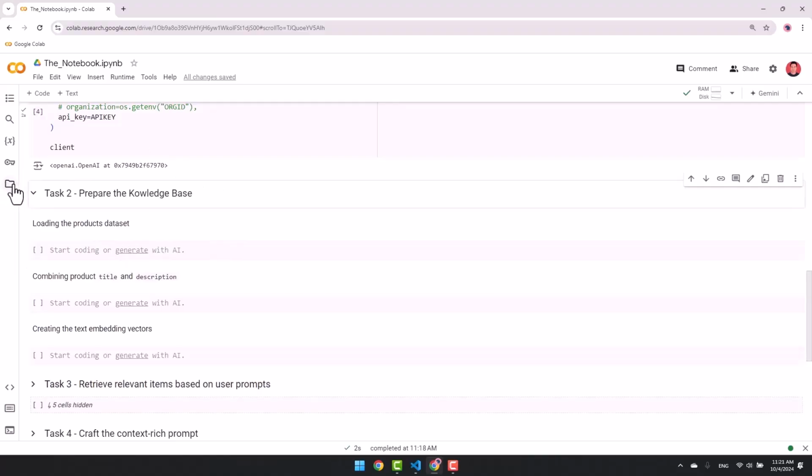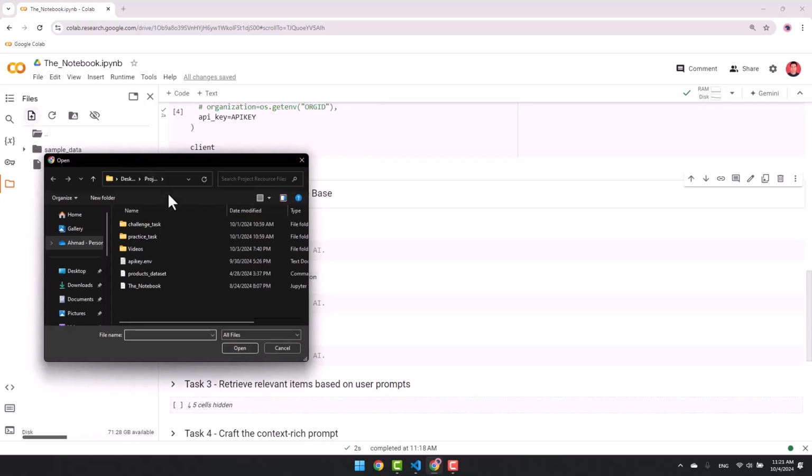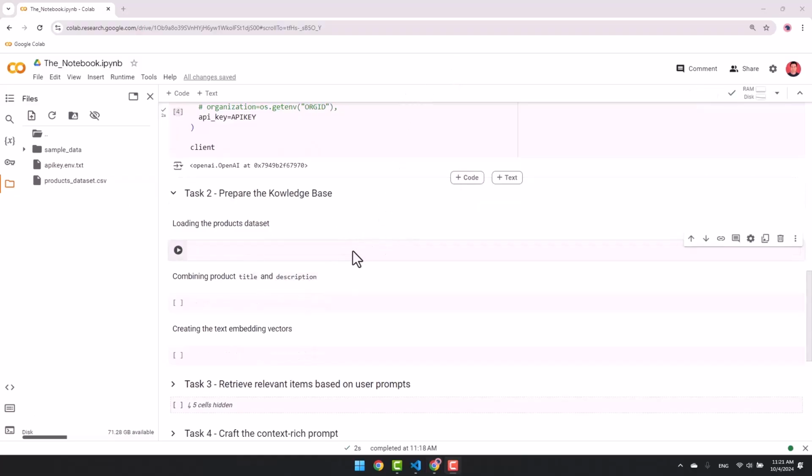I'm going to go ahead and open the file section. I'm clicking on the upload button and I'm going to select product dataset from the project resource files. I wait until the product dataset is uploaded. So now that I have this, I can go ahead and write some code. So I'm going to go ahead and create a variable called products data. And I'm going to use pandas read_csv and I'm passing in the path